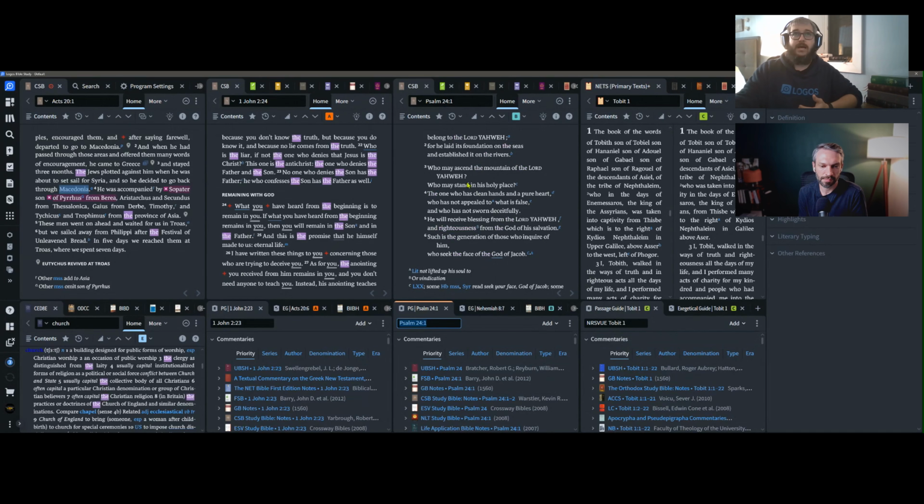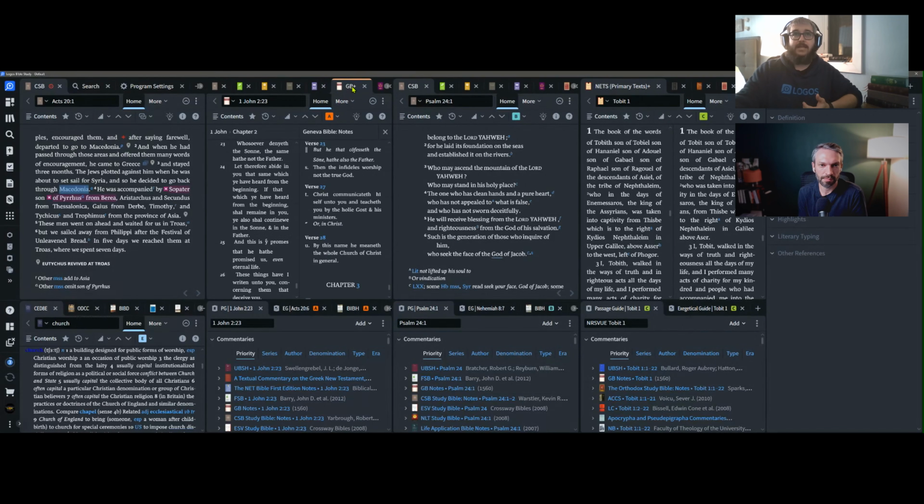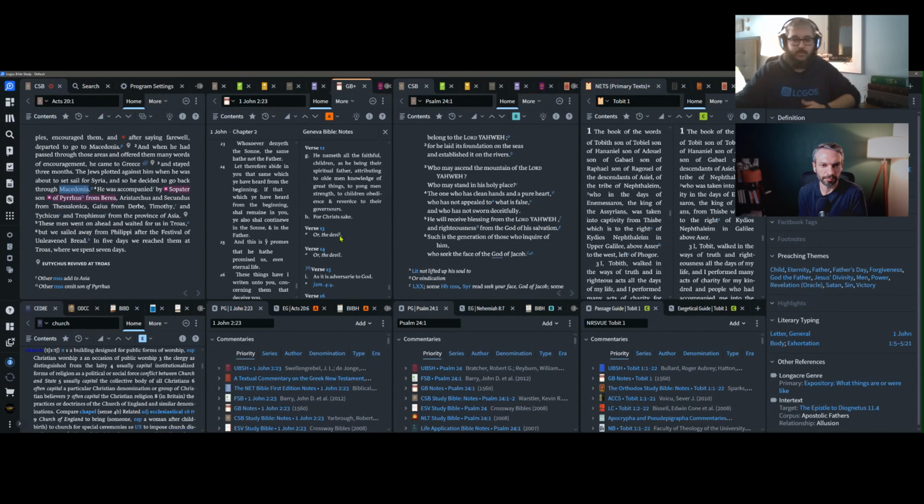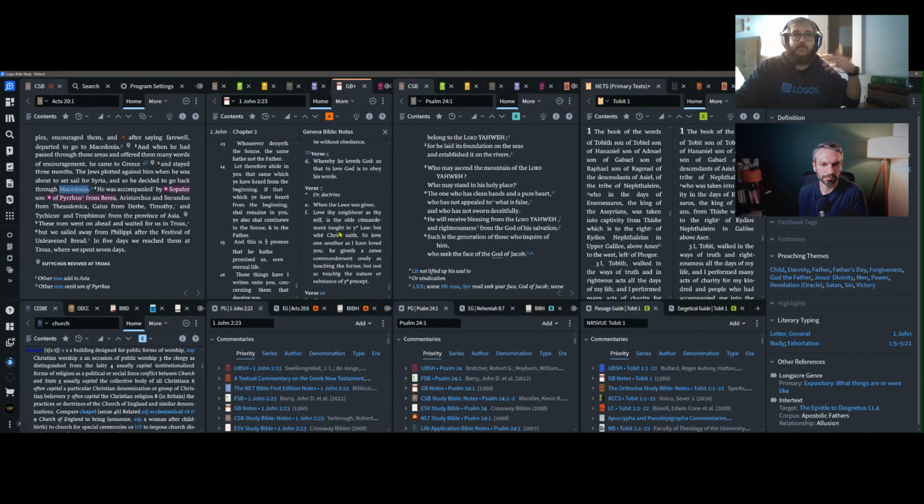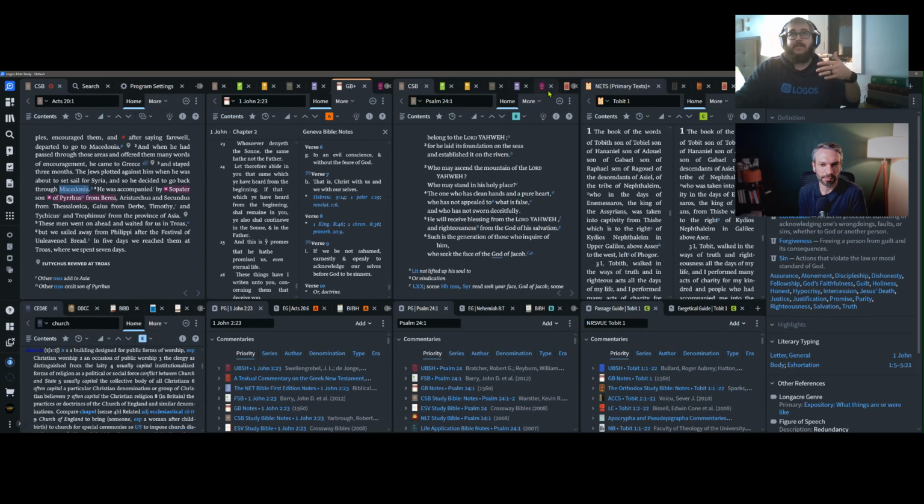So right now I'm in the Geneva Bible in our Sunday school class, and here are the Geneva Bible notes. Occasionally, as I'm working through a particular issue in the Geneva Bible, right now we're talking about italics, the first English Bible to show up with italics is the Geneva Bible. But other issues we might be dealing with will show up, and the Geneva Bible might give us a cross-reference to a